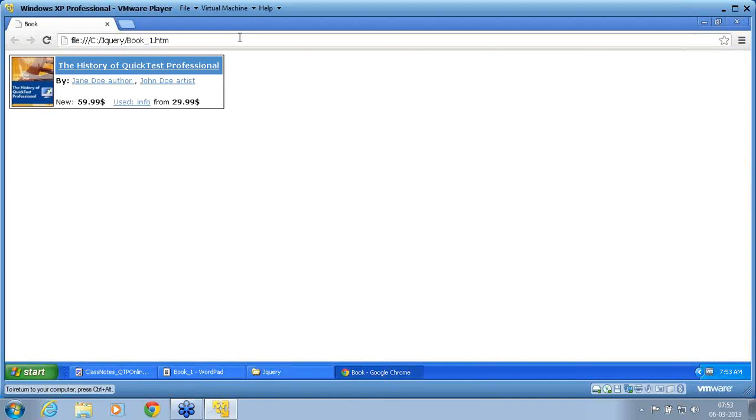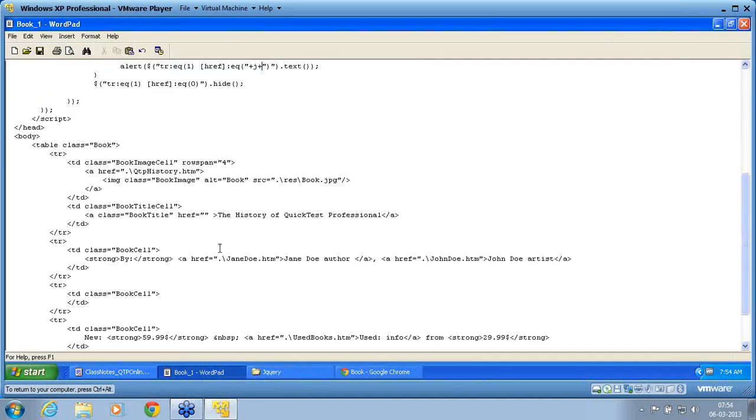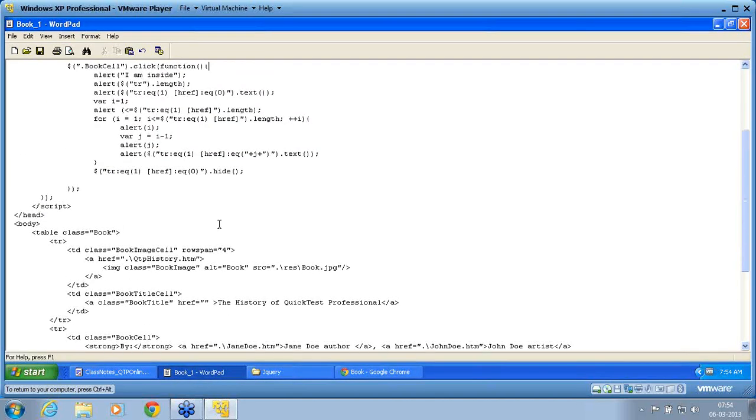So once this is done, now you can see how it manages that. I click on books. I've come to this, and now I am choosing this element. This is the book cell element. So I click on the book cell element. Again, there is a mistake, because of that jQuery is not getting enabled. I need to see where the mistake is. In the new line, you can see there is a greater than or equal to symbol. That is a mistake.